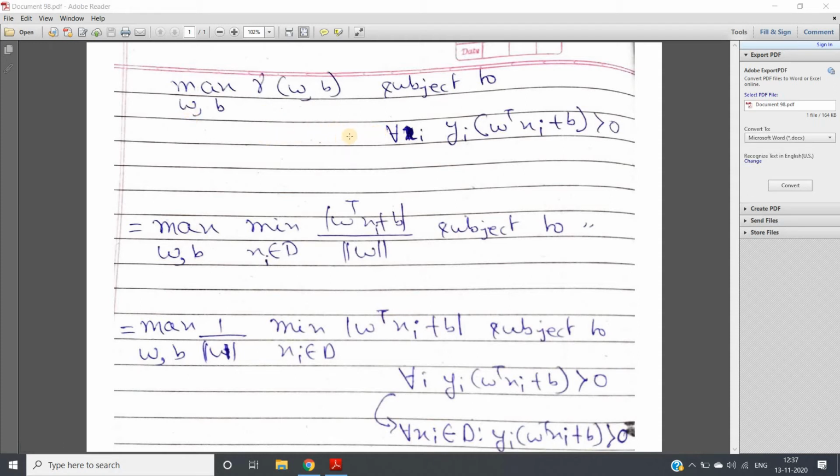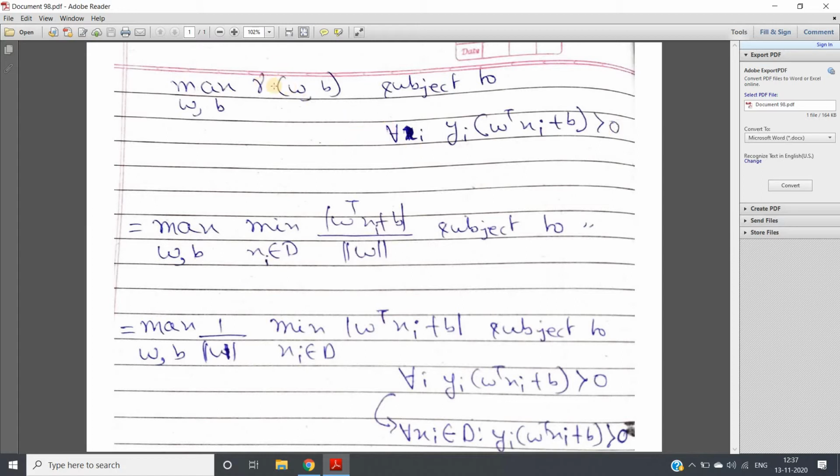So in my previous video I was discussing the objective function of the support vector machine classifier, and we derived that the objective function is the maximum of gamma, where gamma is the margin. So we need to maximize the margin, which is basically a function of w and b, where w is the perpendicular vector to the hyperplane, subject to the condition that for all i, yi multiplied by omega transpose xi plus b should be greater than 0. yi is the label of my binary classification, that is +1 and -1, and when we multiply it with omega transpose xi plus b, this should be greater than 0 for all data points, for all possible training data, right?